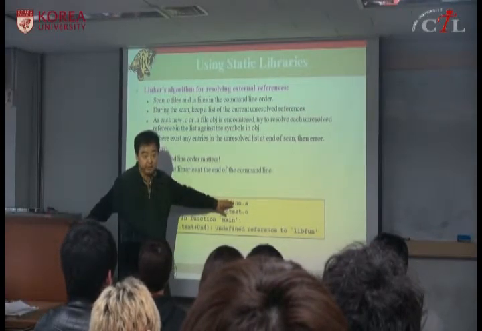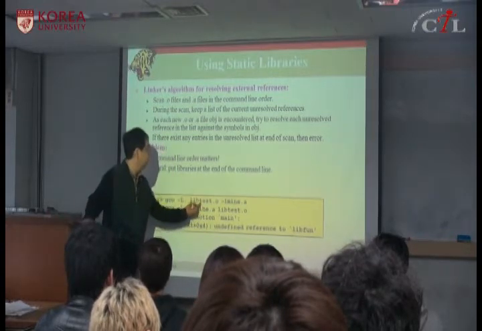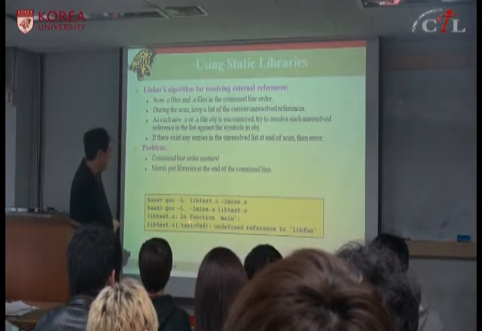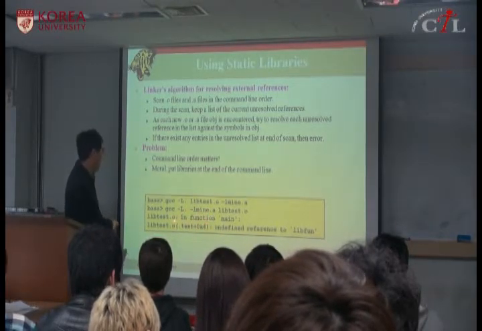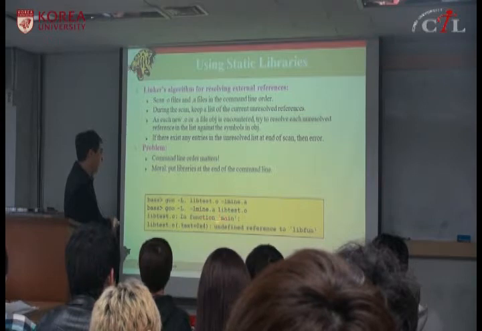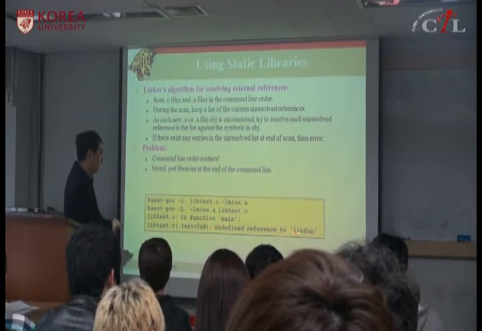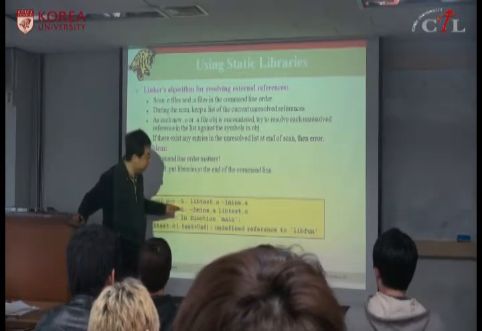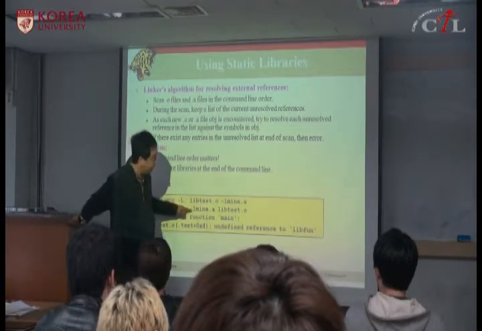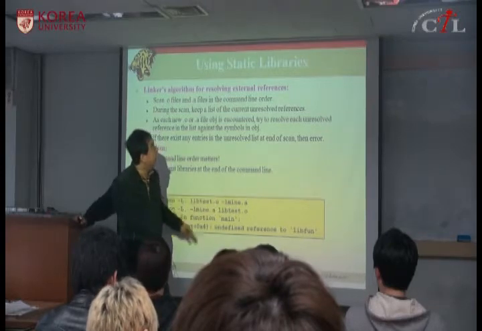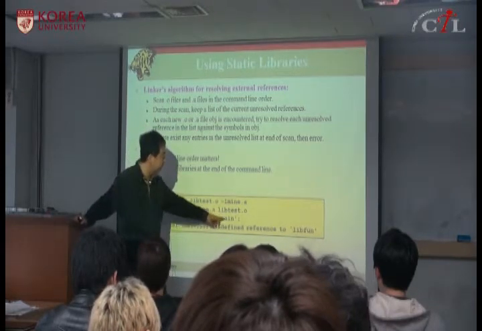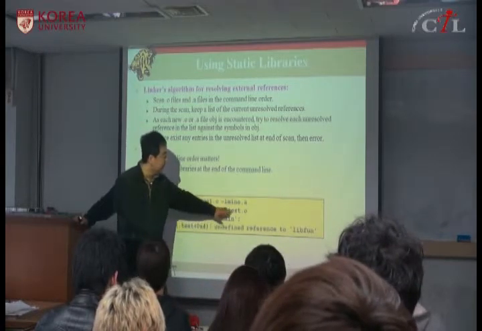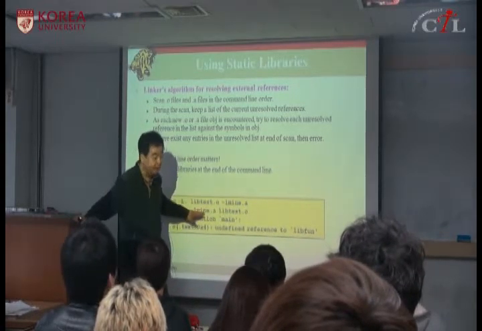But if you reverse this order, in this case, it tells you that the function main is trying to use a library function, but the library function is defined in this archive. Since the linker scans the arguments in command line order, it does not go back. It does not look back. So even though you find the unresolved reference here, it